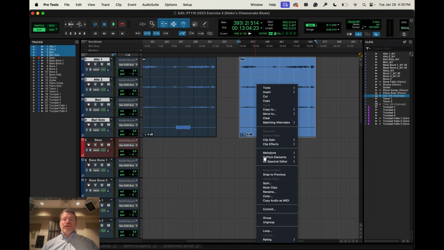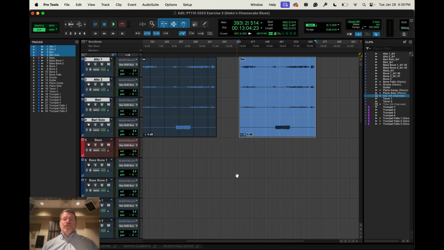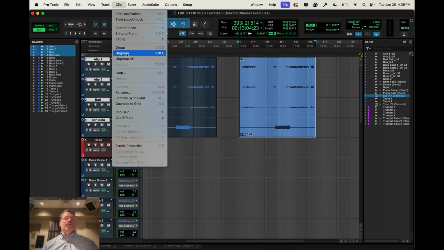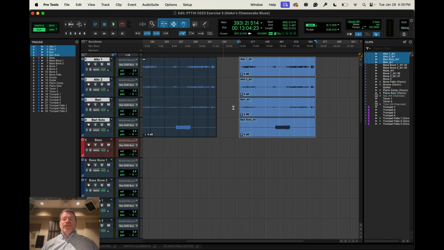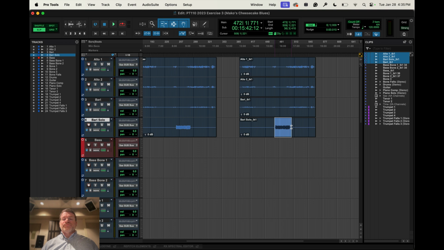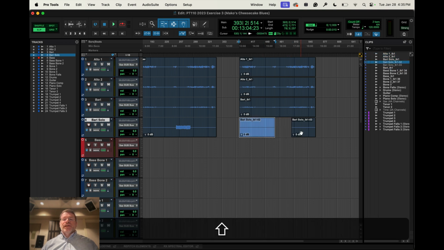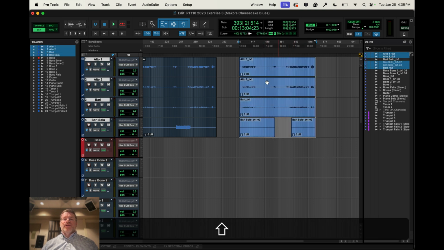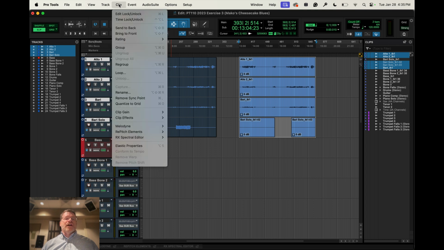So again, I can right click on it and say ungroup, or I can go to the clip menu and say ungroup. If I have clips that have been nested together, let's say we create another clip group of a couple of other clip groups, then we might have nested clip groups. In that case, I could ungroup all of them or just one level of the nesting at a time. But right now I'm just going to ungroup this one. I'm going to take this out, and now we can either create a new clip group, or there is this option called